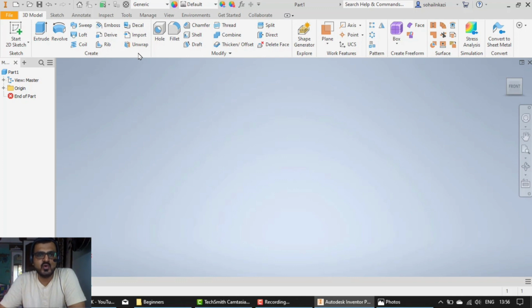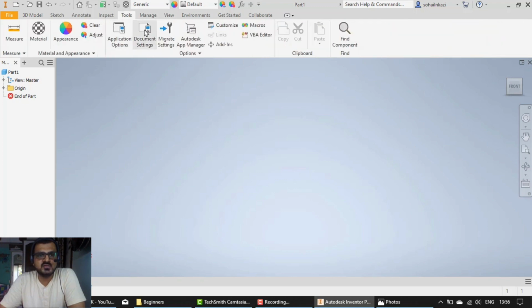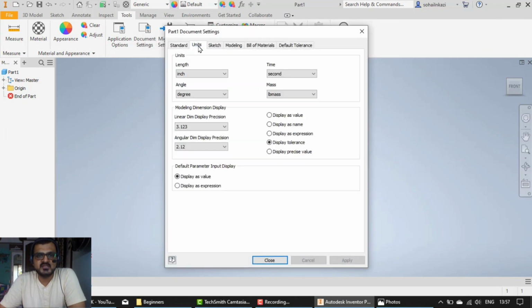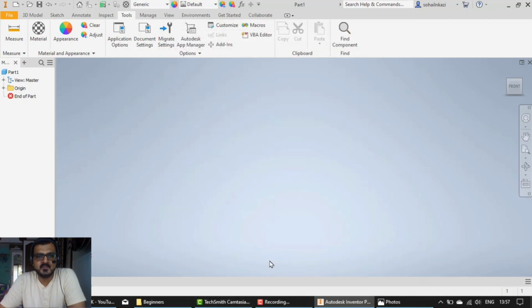So first of all, I'll change the unit of this file. I'll go to tools, document settings, units, and there I can see length. I have to change it to millimeters. Apply. Okay.